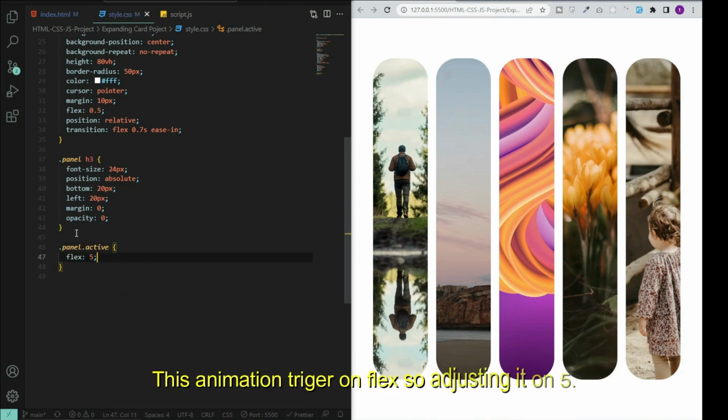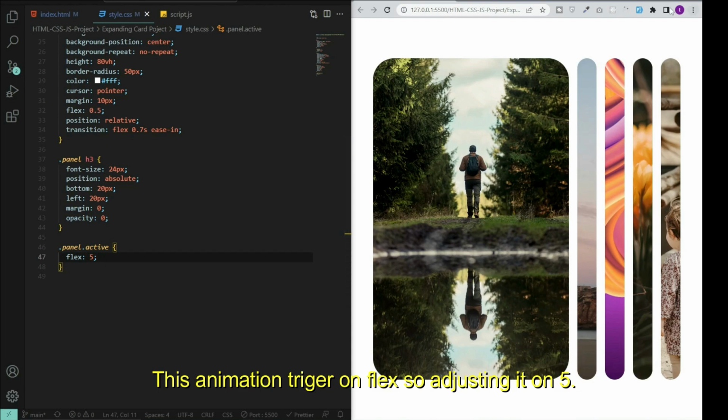This animation triggers on flex, so adjusting it to 5.